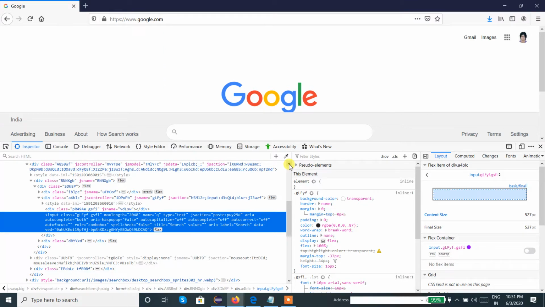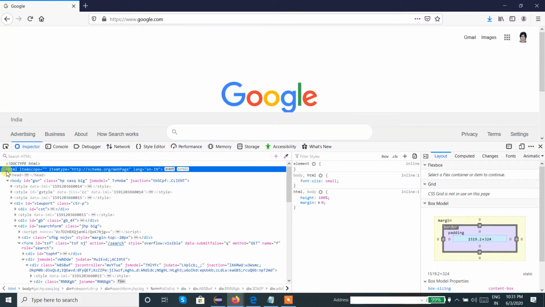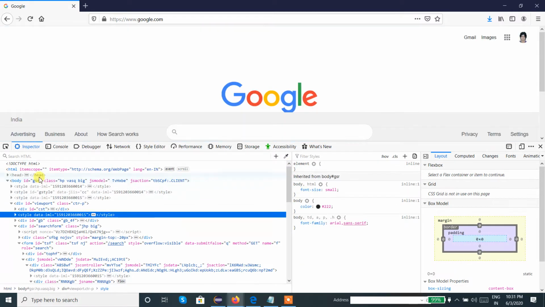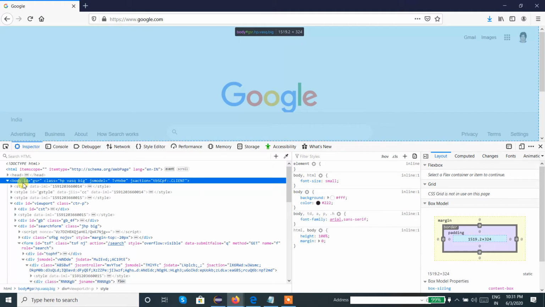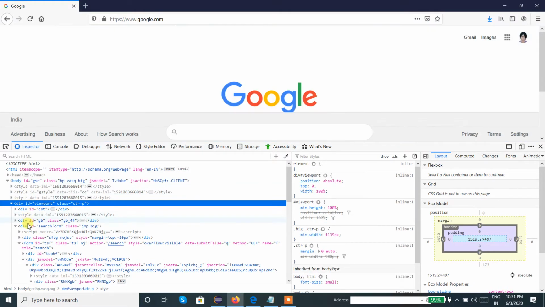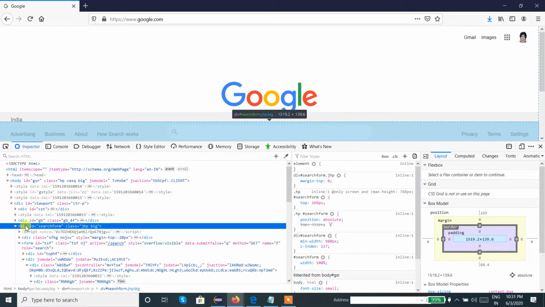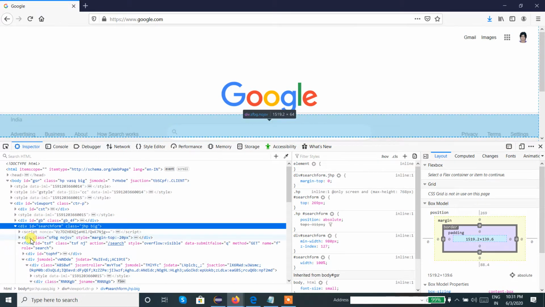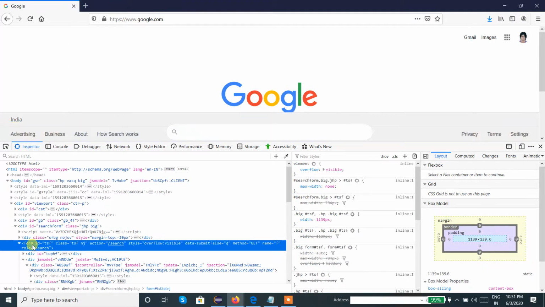So to write the absolute XPath, we need to access the whole HTML document. Now this is the total HTML document, I am just showing you. This is the HTML document that starts from the HTML tag. Fine. Then body tag. Then div. Then all these divs, div1, div2 and div3. And again inside this div, one div, and then again one form is there.